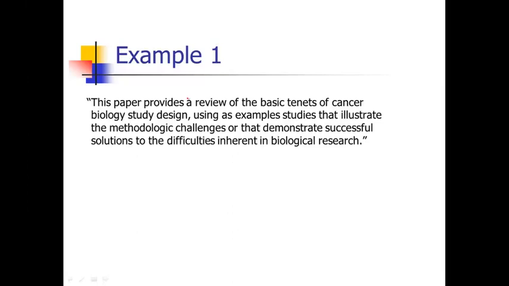So, this paper provides a review of. Well, that's kind of a long way to say this paper reviews, right? This is an instance where we've taken a nice spunky verb, review, and turned it into a boring noun, a review, and also paired it with a boring verb, provides. So we can just change it to this paper reviews. Then we get to, of the basic tenets of cancer biology study design. Well, of the basic tenets doesn't really add much for the reader. It's so vague that it doesn't help the reader understand what you're trying to say. So we can just get rid of basic tenets. So this paper reviews